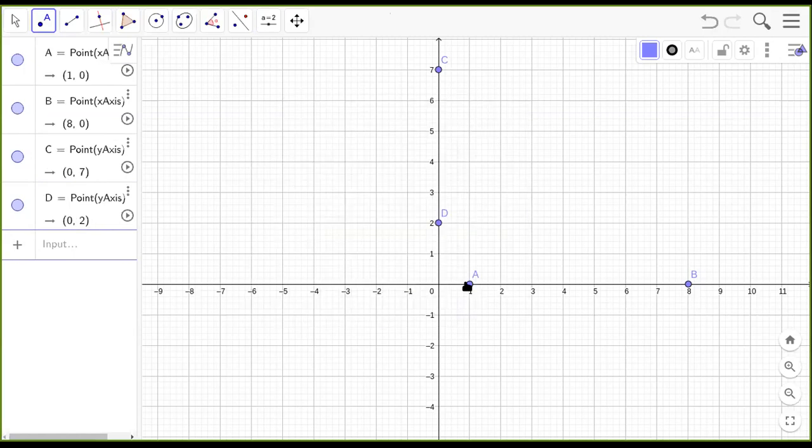Yeah, they got it. Okay, now we have 2 points C and D on the y-axis. Again, this is similar to the previous case. You have the coordinates of point C as 0, 7 and the coordinates of point D as 0, 2. Now, because again here the abscissa has become common, 0, and the ordinate only is different, to find the distance between two such points is very simple. You can see how many jumps do you make on the y-axis to reach point C from D? 1, 2, 3, 4, 5. Or you can say 7 minus 2 is the distance between the 2 points on the y-axis.